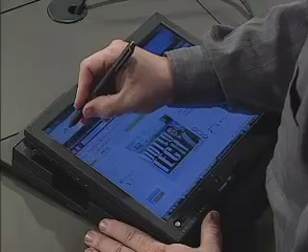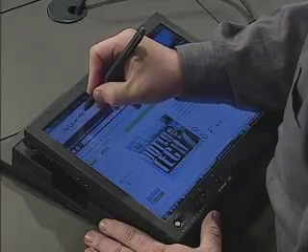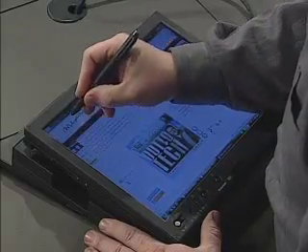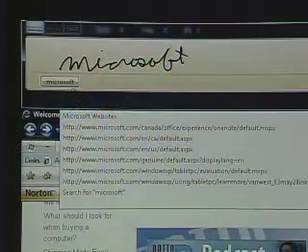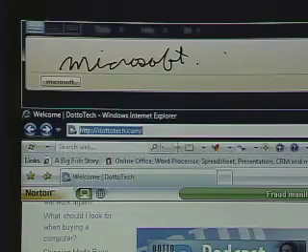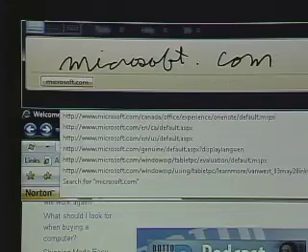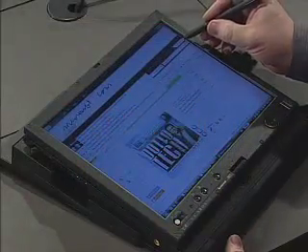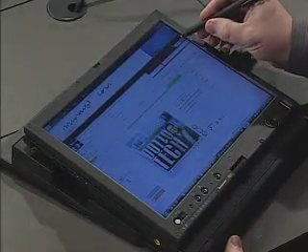Now, if I want to say go to Microsoft, I'm just going to write in, not type in, Microsoft, and we'll see if it recognizes my handwriting, and it does. You can see that it's recognizing my handwriting, even as scratchy as my handwriting is. Microsoft.com. And once I've entered the address that I want, or the text string I want, and this is the same in all applications, I go over to the insert button right over here,